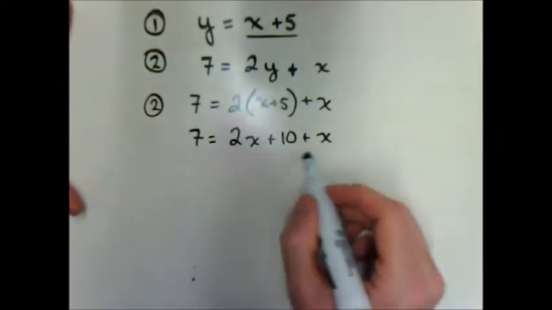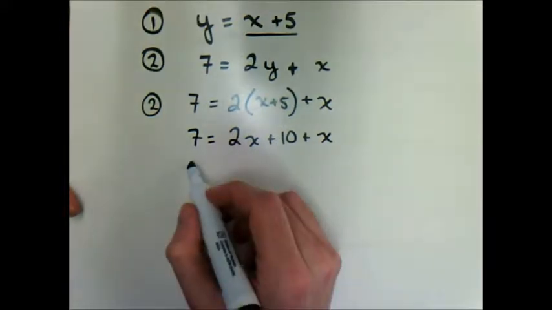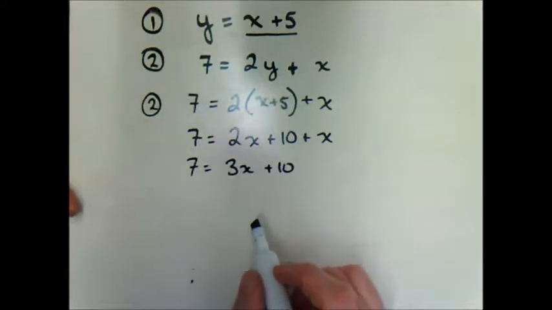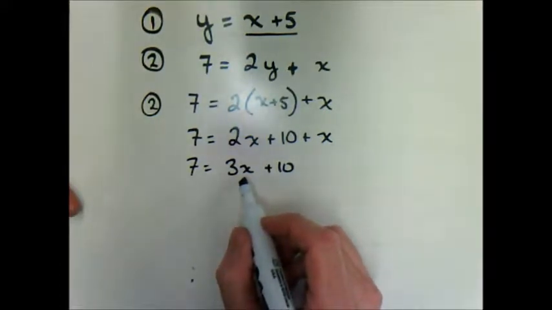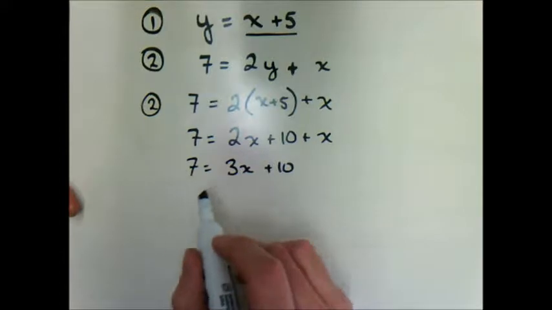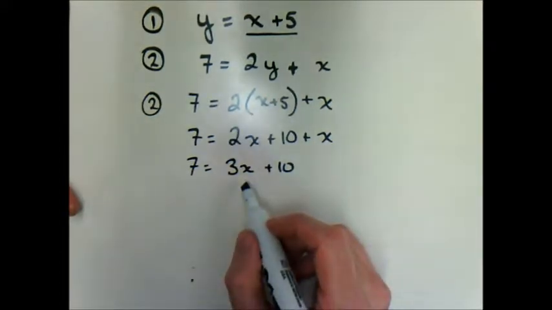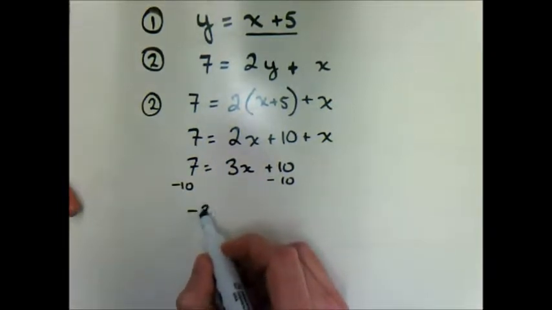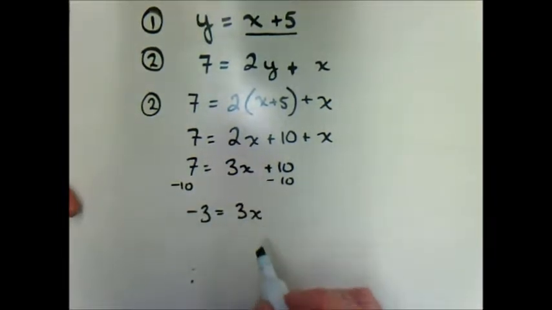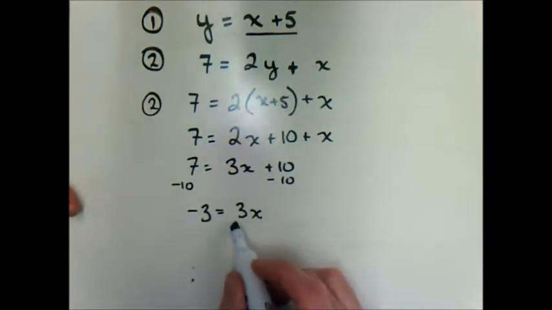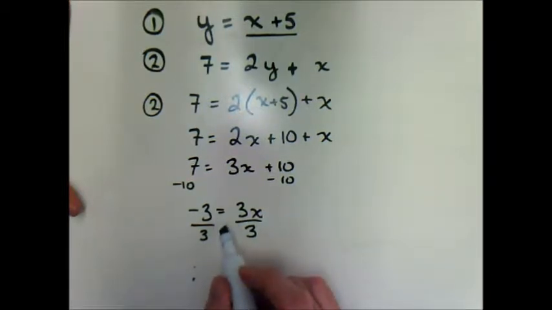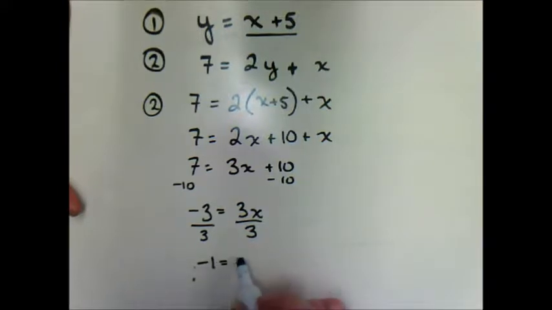Now we can group our x terms. 7 equals 3x plus 10. We want to get x terms by themselves on one side or the other. We prefer them on the left, but in this case it's easier to leave them on the right. I'm going to subtract 10 from both sides, which leaves us with negative 3 equals 3x. Now to get x by itself, I need to divide by 3. In order to maintain equivalency, I need to do that to both sides, which leaves us with negative 1 equals